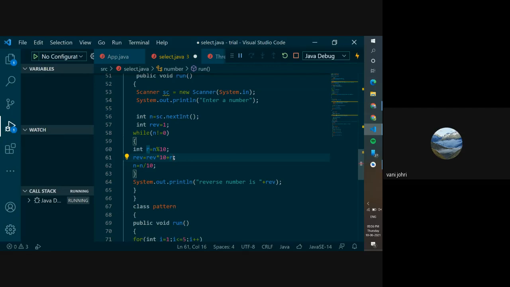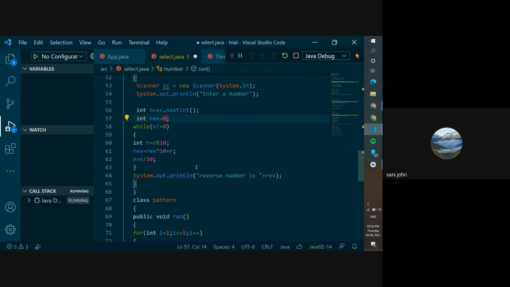So 20. You need to make this rev 0 and not 1.